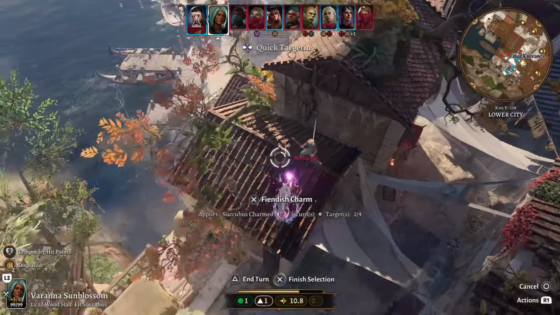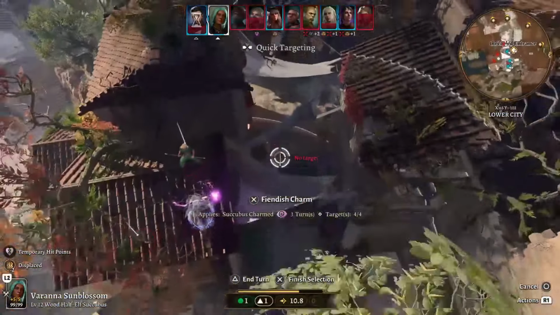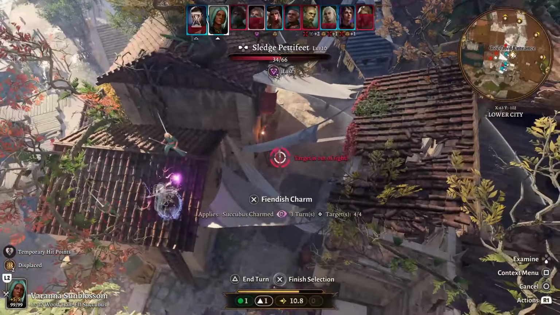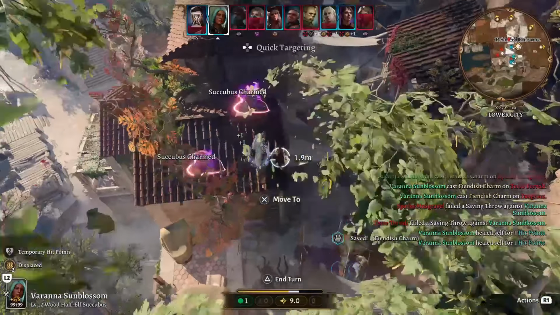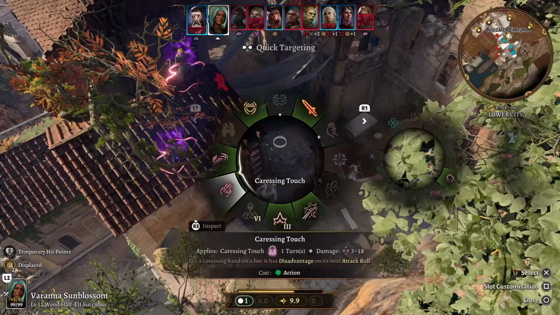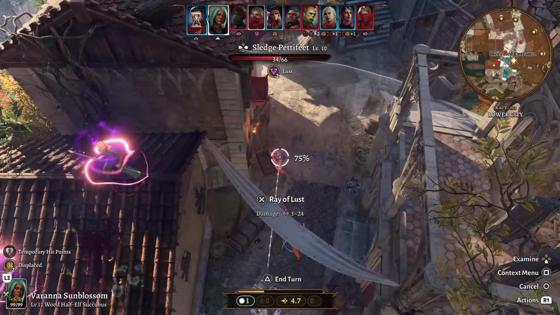So we'll Fiendish Charm the Spellcaster, the Sorcerer, the Barbarian, and can we see you? No, unfortunately not, that's a shame. But let's start with these 3. And there you go, we managed to charm all of them. And then if I was to drop down here, we could once again throw out some other abilities. So we could do Absorb Energy, we can do a Ray of Lust, so we'll throw out our own one,